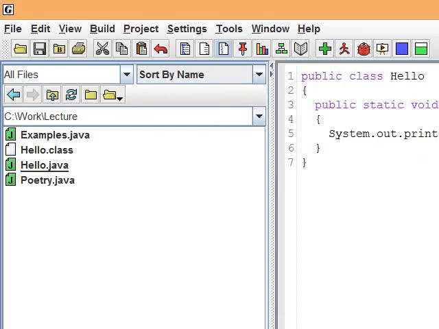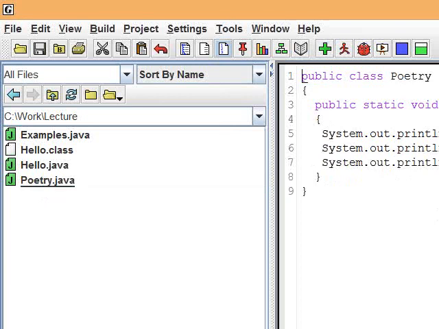But for example, in poetry.java, we're printing out multiple lines. Here we're making poetry. If you wanted to type on a withered branch, you just put the string on a withered branch within here. That's the only argument that it takes. And then same here, and here. So if we compile this,